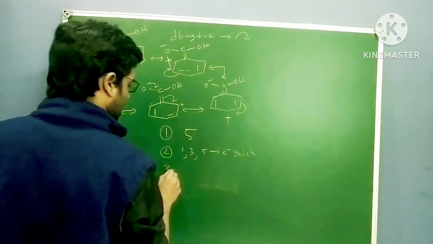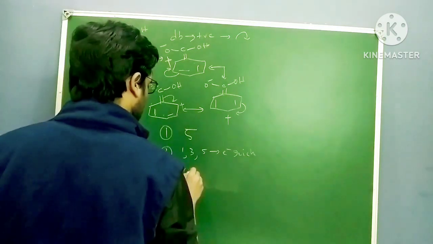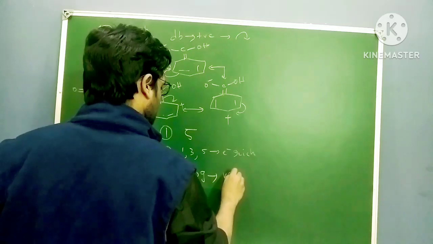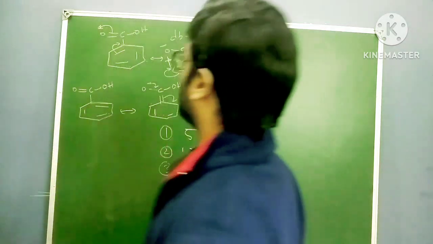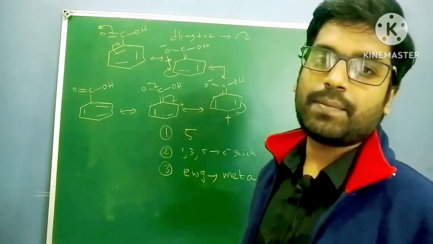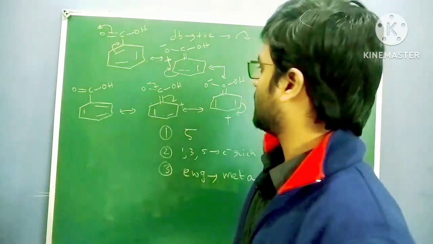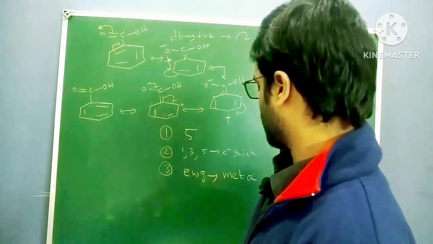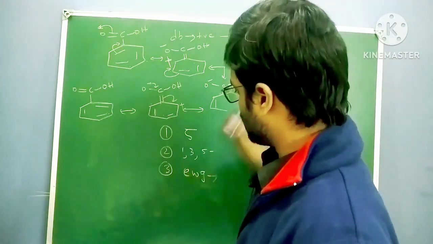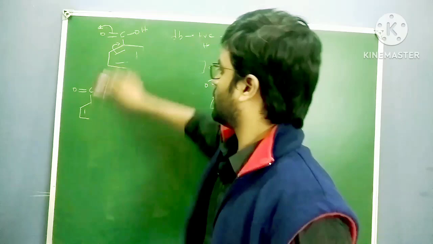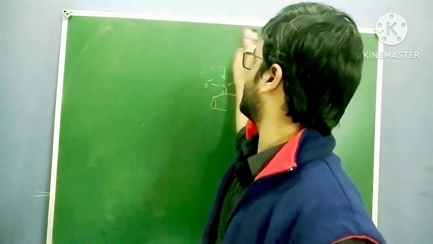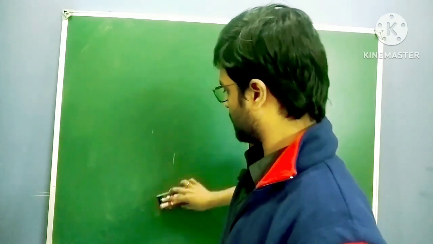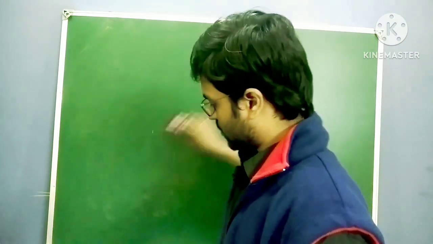So whenever we have an electron withdrawing group, it is meta directing. So electron donating group is ortho-para directing, electron withdrawing group is meta directing. So 5 resonating structures, and the resonance hybrid is like this. Okay, next, after this I will give you one example. Electron withdrawing group is over, electron donating group is over. You have to practice more and more questions with electron withdrawing group and electron donating group.